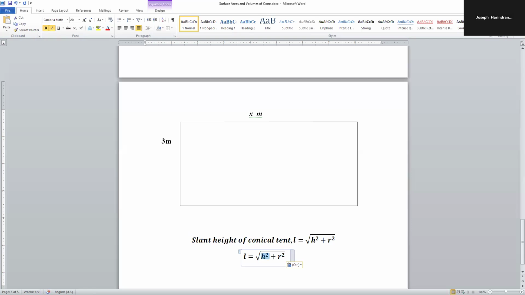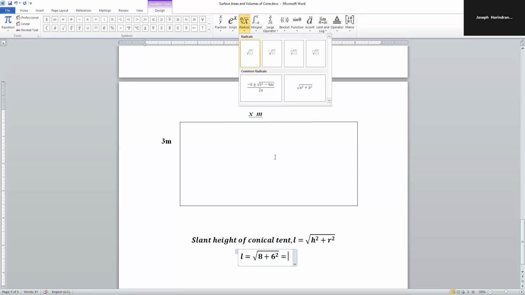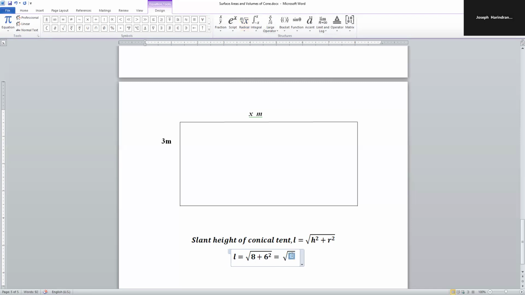So we can put it as 8 squared. And the R is given as 6, so we can put it as 6 squared. On simplification, we get square root of 8 squared plus 6 squared. So 8 squared